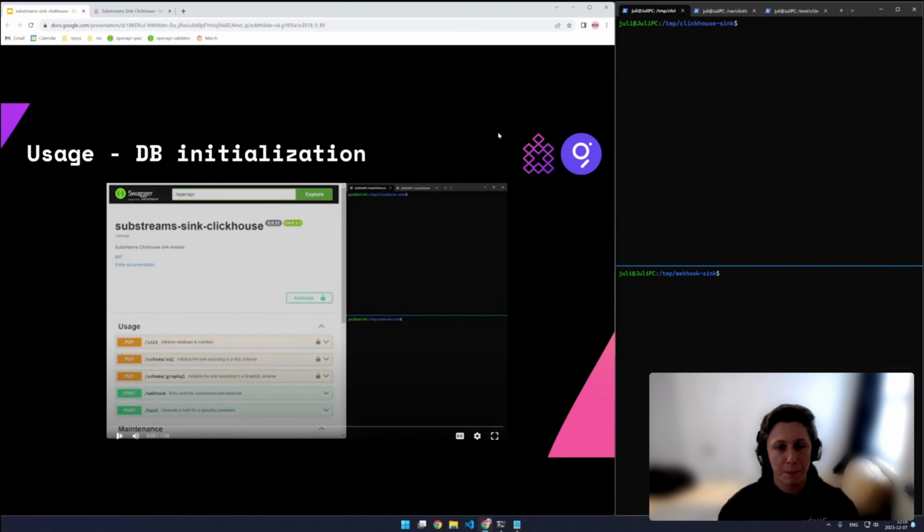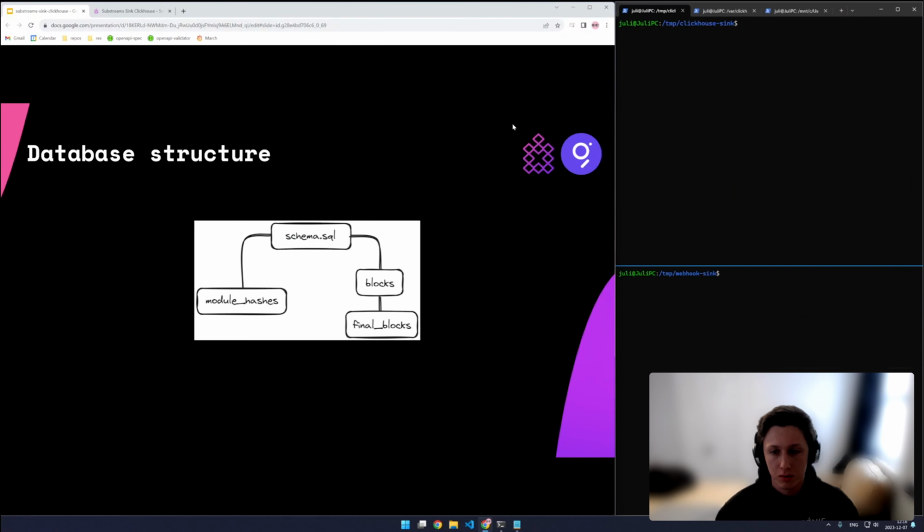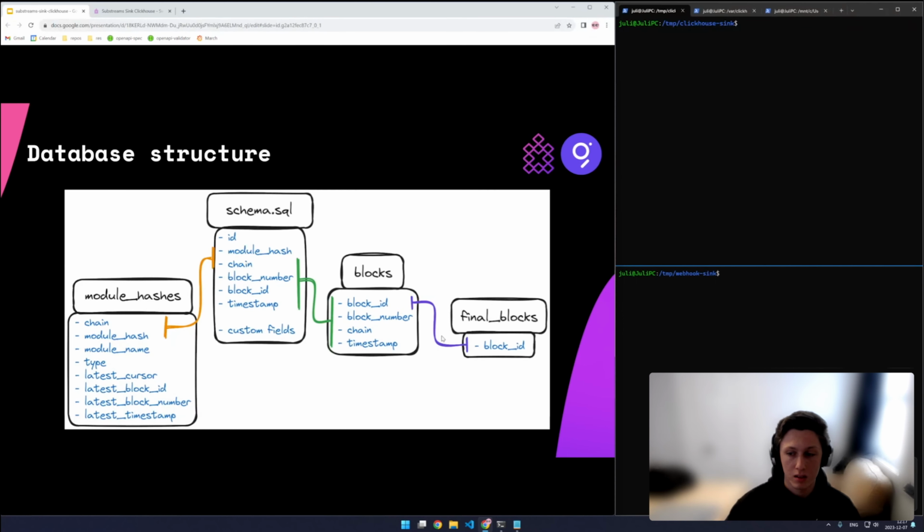Okay, so this is one way to do things. And this is the database structure that we currently have. There are 4 main tables that are really useful for our use case. The first one is the schema that you created that is linked to the module hashes table. This table will contain metadata about what's happening on the database. There's also the blocks table that will store information about every block, and the final blocks table, which has, well, final blocks. So the details,